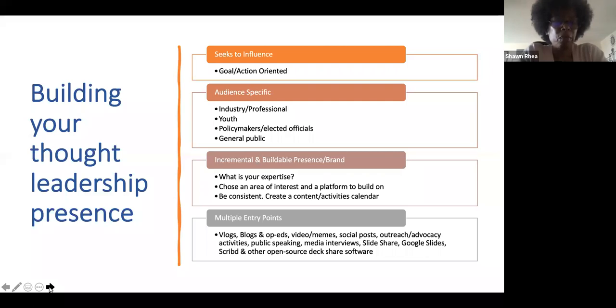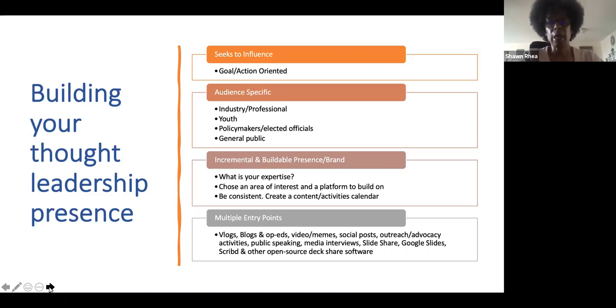Thought leadership can feel intimidating when you're first trying to jump into it, particularly if you're a young scientist. You may think that you don't have enough publications, but you actually need to start building that presence now. And the good news is that it's an incremental process in terms of building your presence and your brand. You can start by asking yourself, what is your expertise?